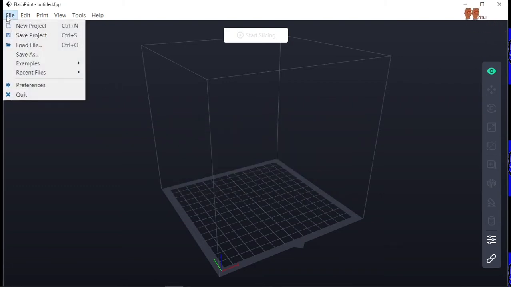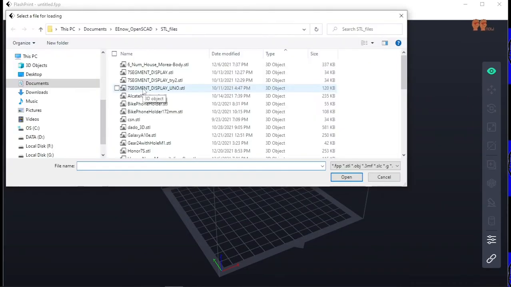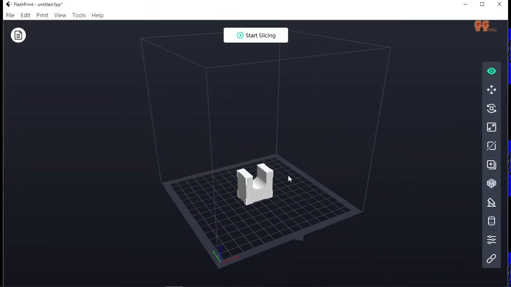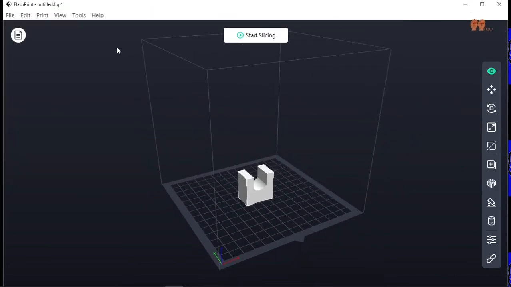So now you go File, Load, and I have different files that I made in different software. I made some in OpenSCAD, and I also made some in FreeCAD. I generated STL files. So this motor holder, I made it in OpenSCAD. So once it's here,